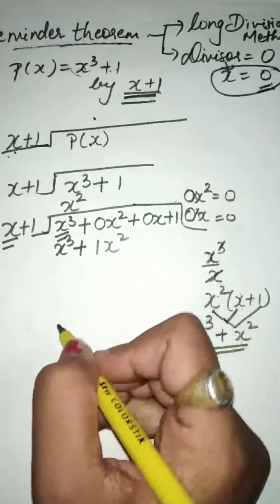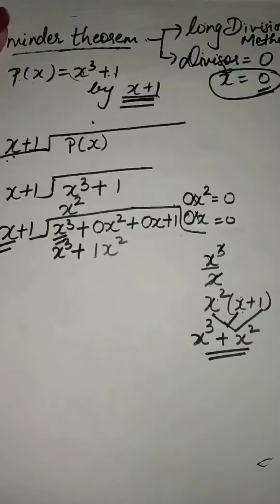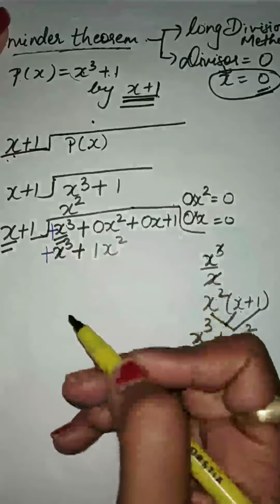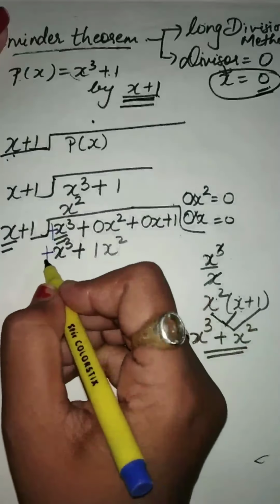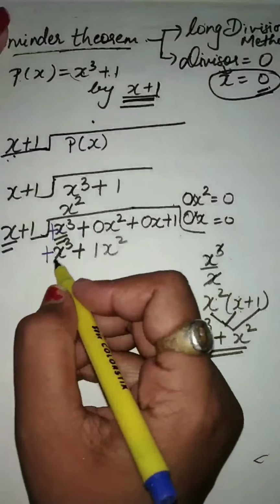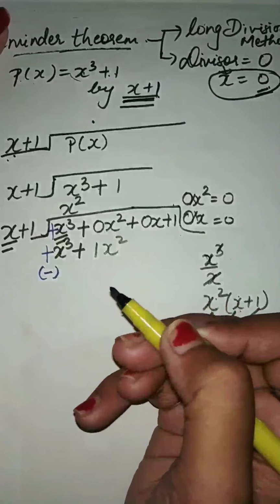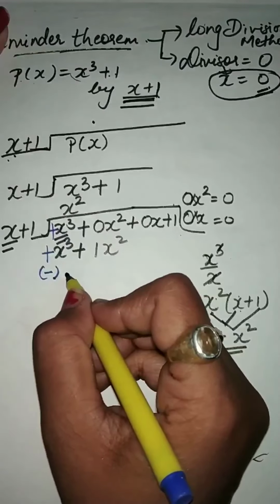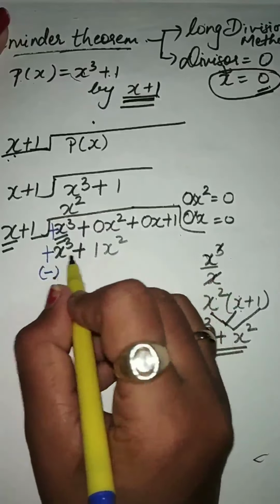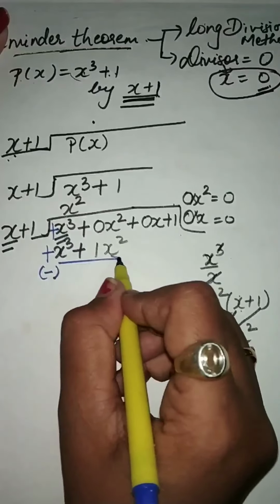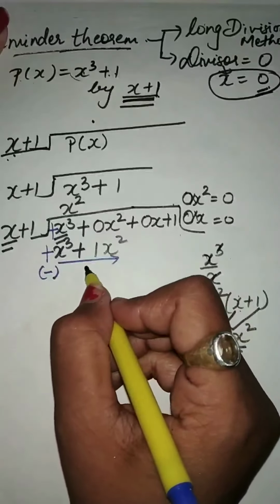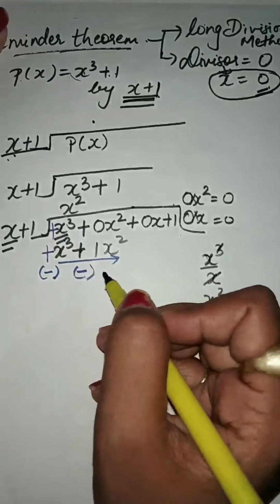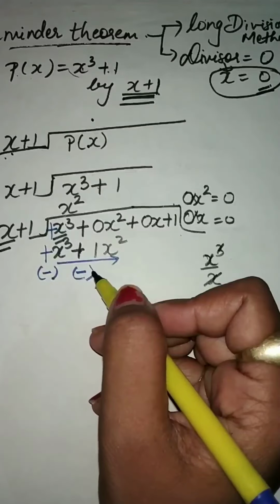Now here no sign is given, that means we have a plus sign, right? So we have to change the sign of the below expression. If we change the sign for the first term, the rest of the expression also has to change sign accordingly. Here it is plus, so it will be minus. If it is minus over here, then it will come as plus over here.